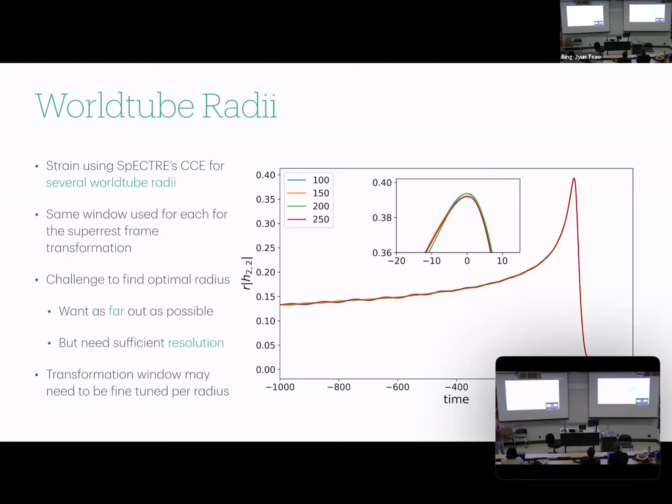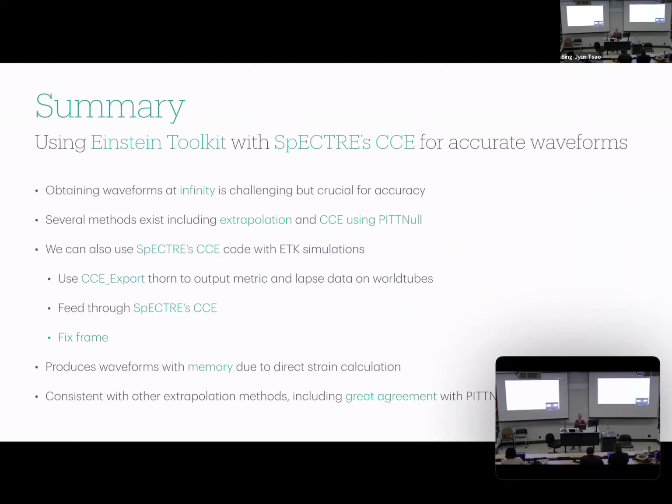This is also all done with a Cartesian grid. I want to try using this with llama and stuff so that I can see what I can really do out there. But yeah, this needs a little more looking into, because you've still got these wiggles here. So it might need to be fine-tuned between each one, or it might be that some of those radii aren't well enough resolved.